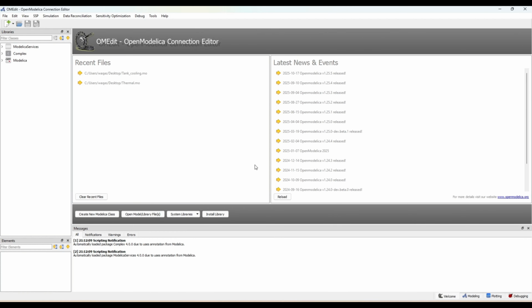In this video of the OpenModelica series, I want to give you a quick overview of the OpenModelica interface. In this video, you will see where the main tools are, how the workspace is organized, and how to navigate it efficiently. If you want the complete introductory course on OpenModelica, where I have covered the basics with practical examples,